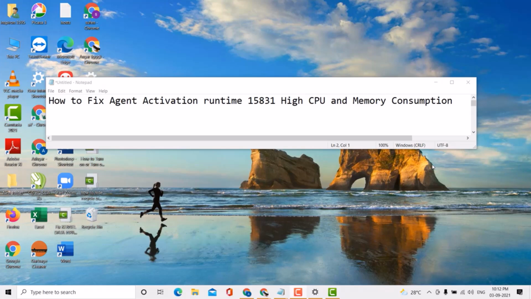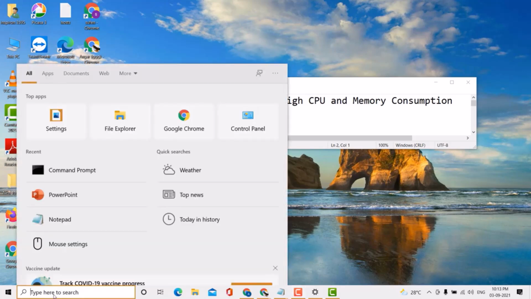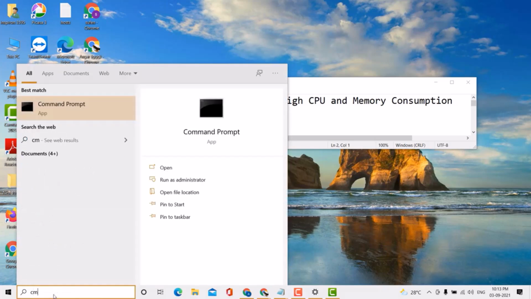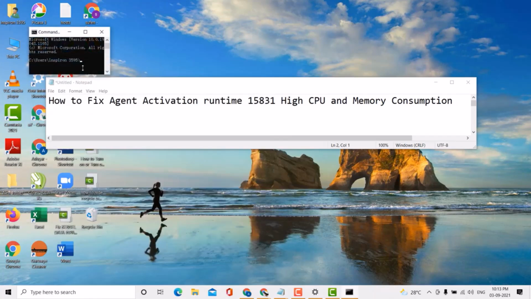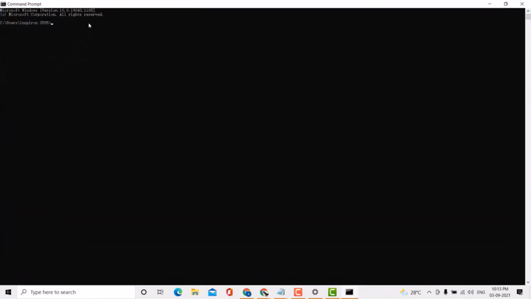Today in this video, we are going to show you how to fix Agent Activation Runtime 15831 high CPU and memory consumption. So guys, if you want to fix Agent Activation Runtime 15831 high CPU and memory consumption, it is very easy. First click on Start and type here CMD. After that, click on Command Prompt and type here